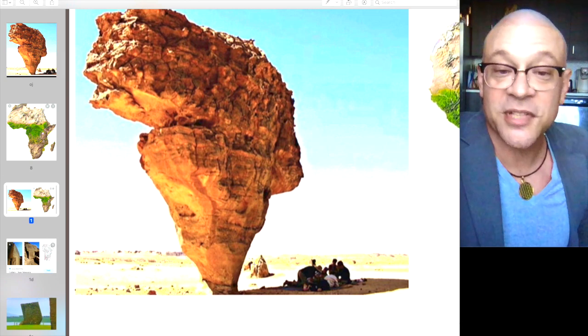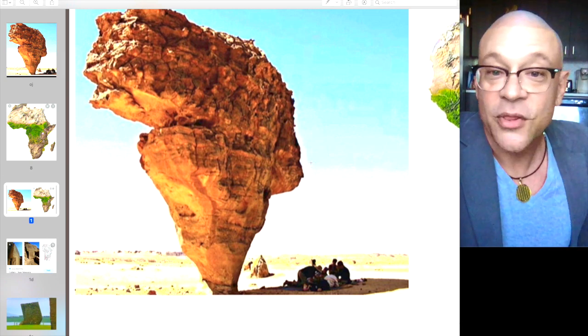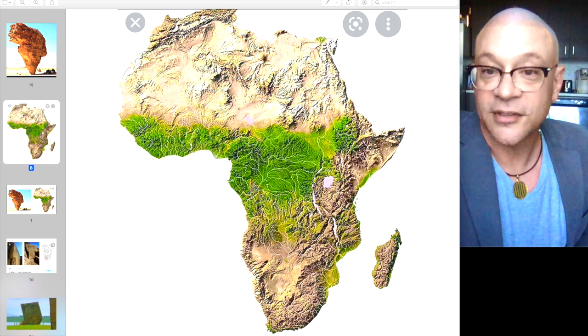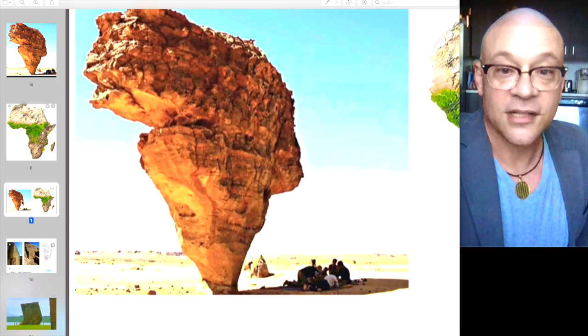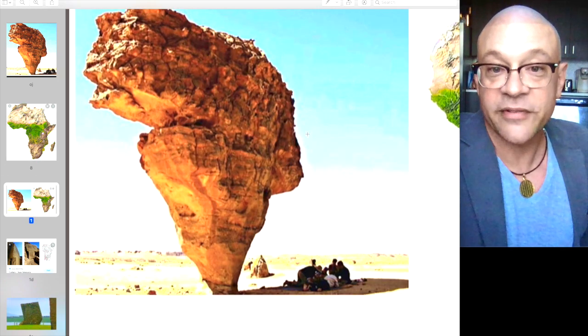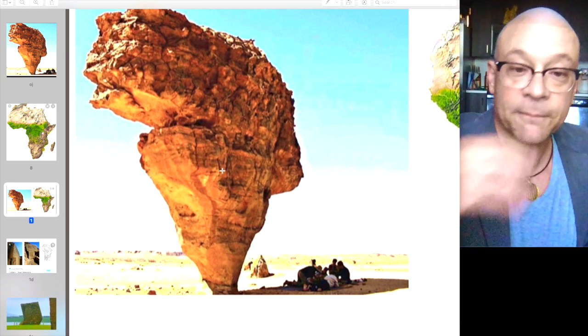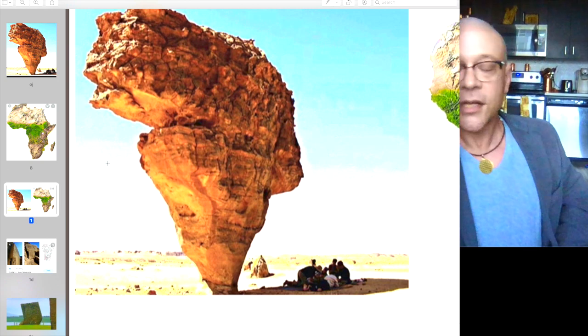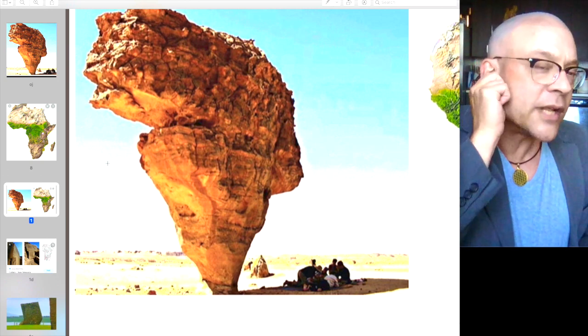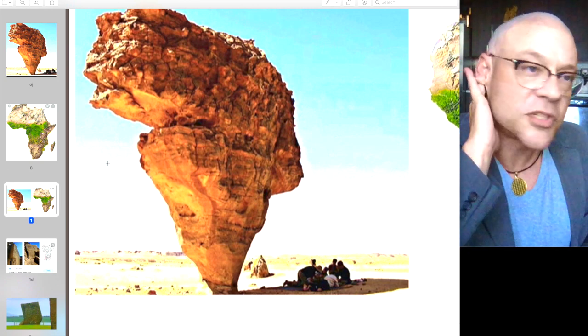So what they said was, this isn't Madagascar. What this is, the Horn of Africa has broken off. The Horn of Africa right there. That's what that is. So they even had the Horn of Africa over here. And somebody said to me, I get these trolls that write me several times from sock puppet accounts, and they're